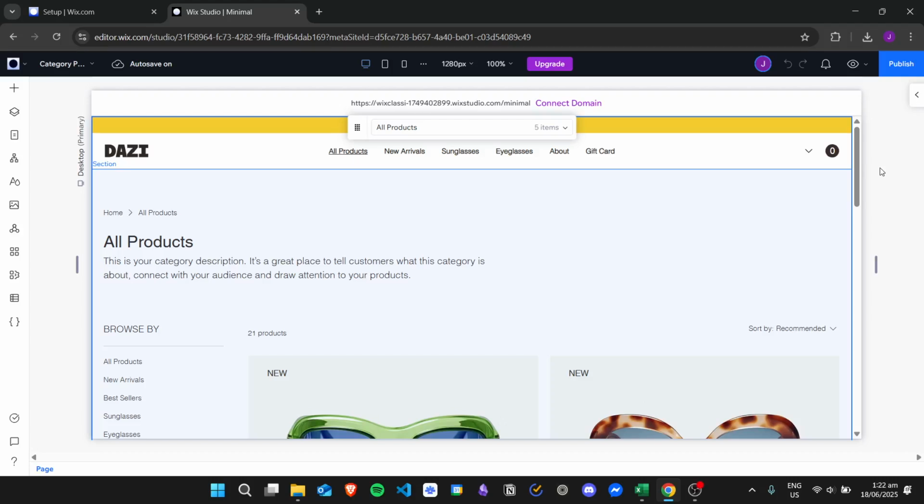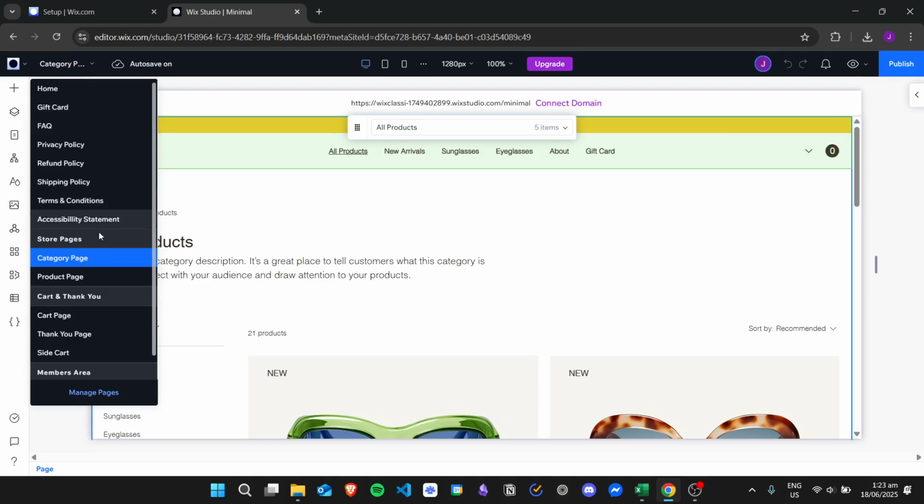Hi there, today we're going to learn about how to change the header image of our category page in our Wix Studio website. So here I am in my Wix Studio website and here I am in my category page. In case you don't know how to go here, you can just click this button right here on the upper left and then it will display all the pages of your website